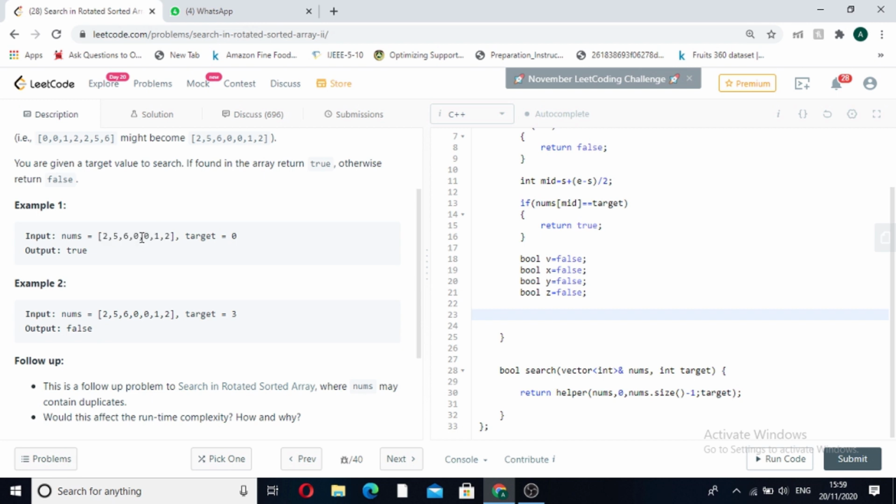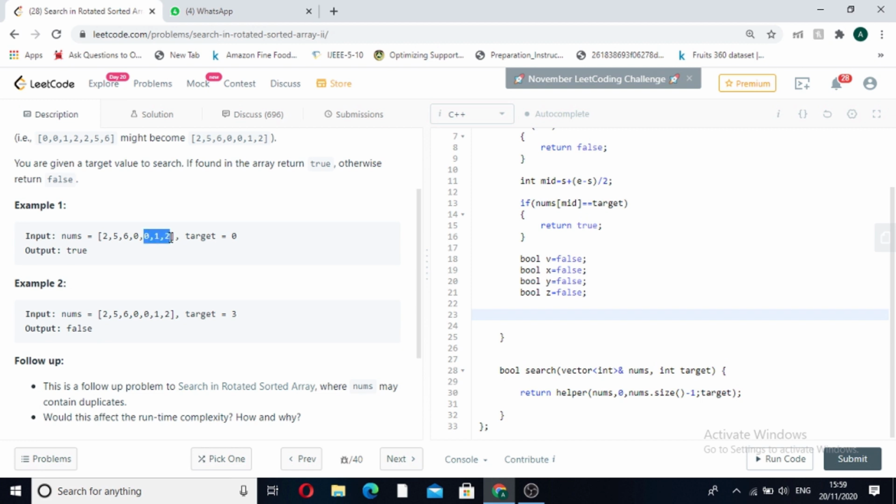Either of these is sorted in nature, because we know that the middle element is less than the end element in the sorted array, and the starting element is less than the mid element in the sorted array. So once we have found the mid element, now we have to check which of the arrays is sorted in nature.